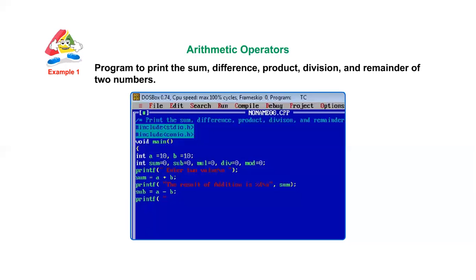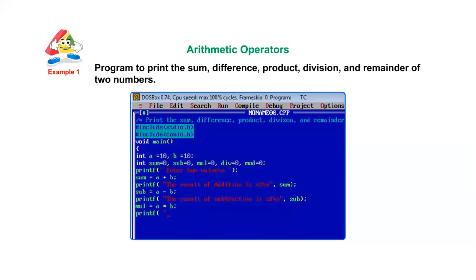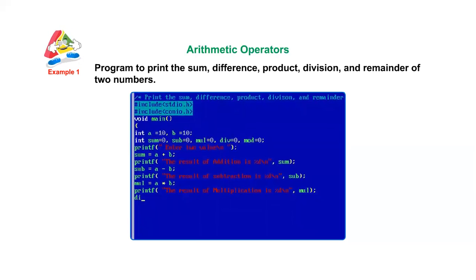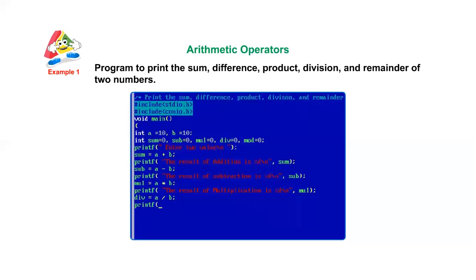printf("The result of subtraction is %d\n", sub); multiply = a * b; Calculating the value of a and b in the multiply variable. printf("The result of multiplication is %d\n", multiply); division = a / b; Calculating the value of a and b in the division variable. printf("The result of division is %d\n", division);